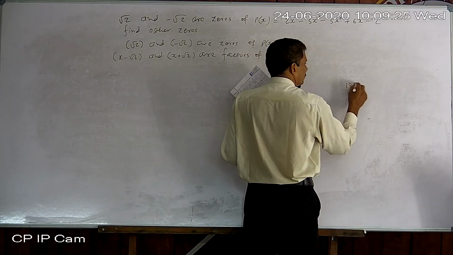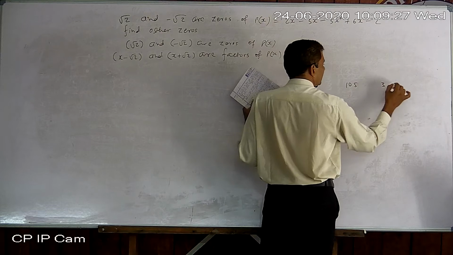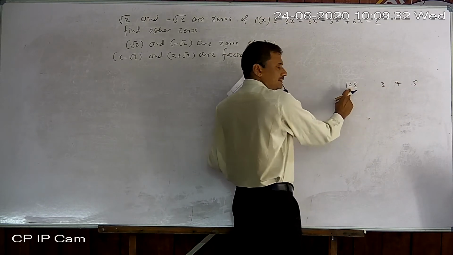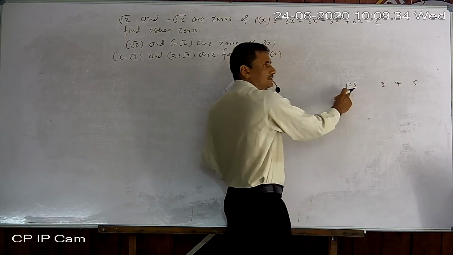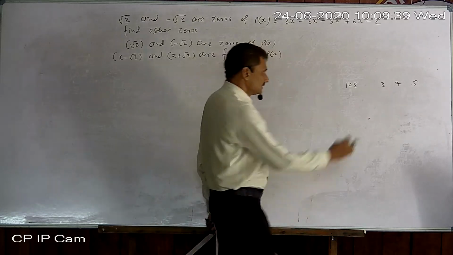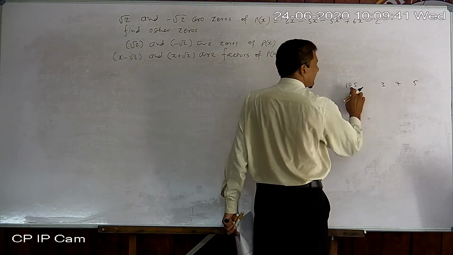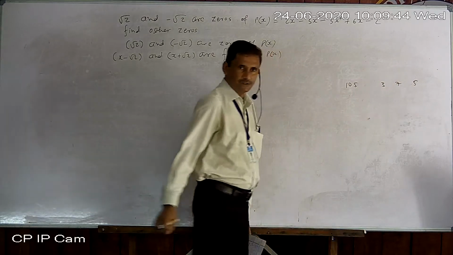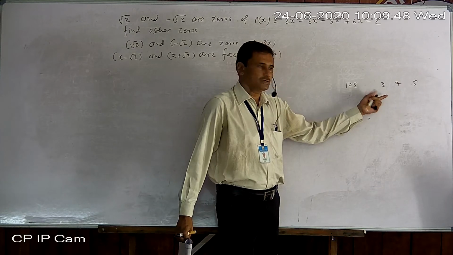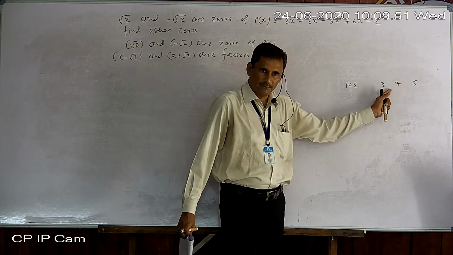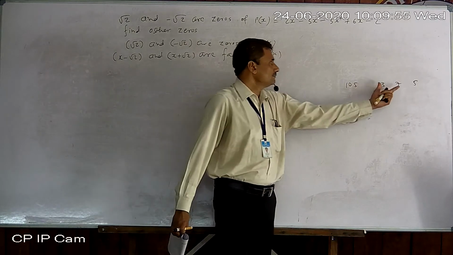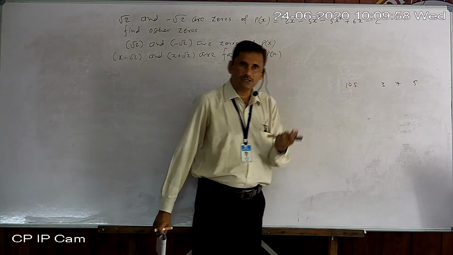Take 105. Factors are 3, 7 and 5. I can say 3 is a factor, 7 is also a factor. So obviously 3 times 7, which is 21, is a factor. Suppose 7 is a factor and 5 is a factor, then 7 times 5, which is 35, is also a factor. But remember the condition here that these should all be co-prime. Primes are always co-prime. So the numbers should be co-prime, then only we derive that result.